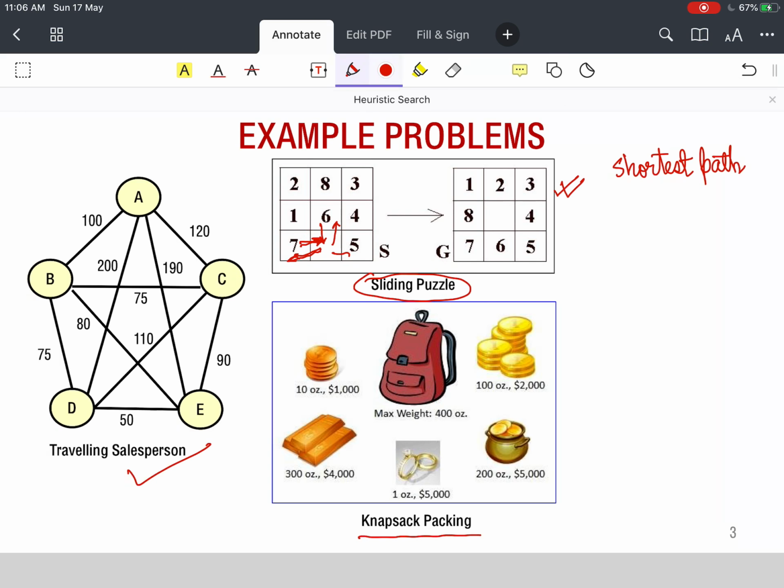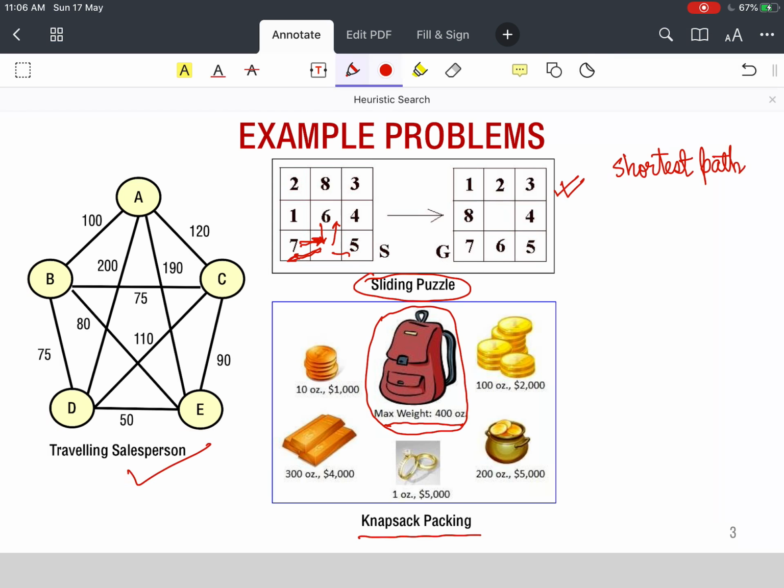We come to the third problem which we want to define today. This is the famous knapsack problem. We have got a sack, a knapsack, which can be carried on somebody's back, and there is a maximum weight capacity of that knapsack. Now we have got several possible items to take into the knapsack.